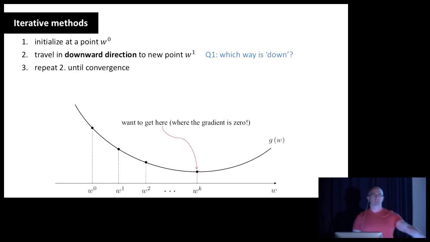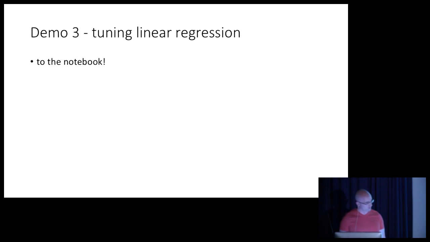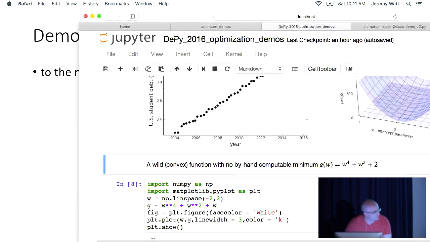I can see this thing. I know which way is down for a one-dimensional case, but what if it's 3, 4, or more? I can't visualize it. How do I know which way is down? And how do I actually stop? I told you to stop at the bottom, but how in practice do the algorithms actually stop? How do they know when they get to the right place? The short answer is you use the derivative at every step of the way, and that's gradient descent, or Newton's method. So just to show you an example of rolling downhill to a solution of a machine learning problem,